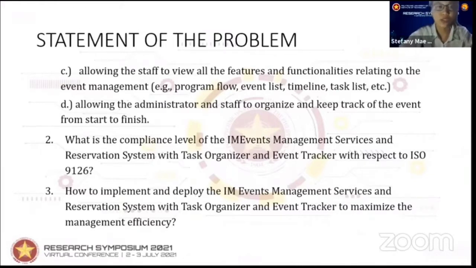The second research question for the study is, what is the compliance level of the developed system with respect to the ISO 9126 standards? And number three, how to implement and deploy the IM events management services and reservation system with